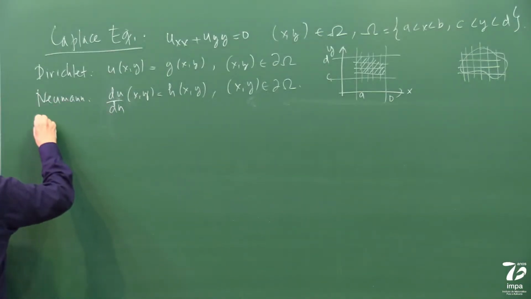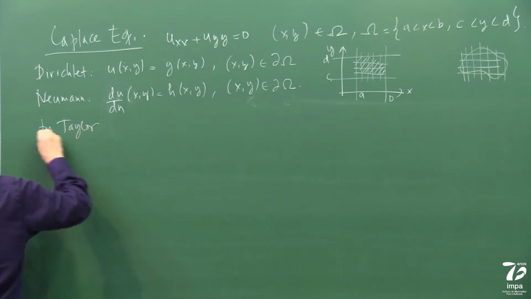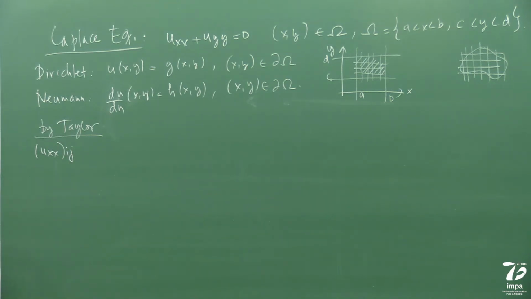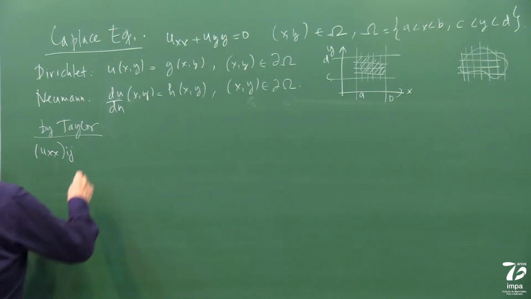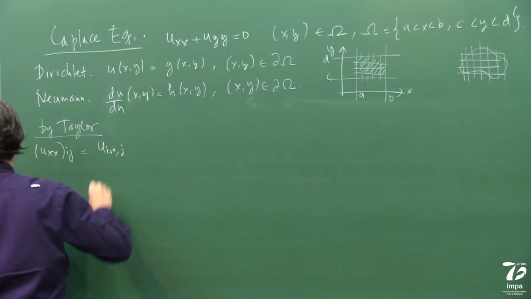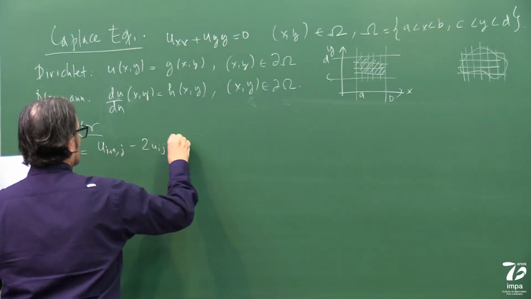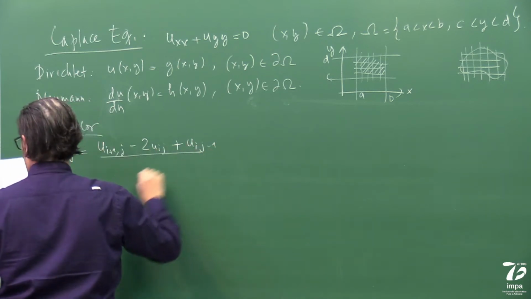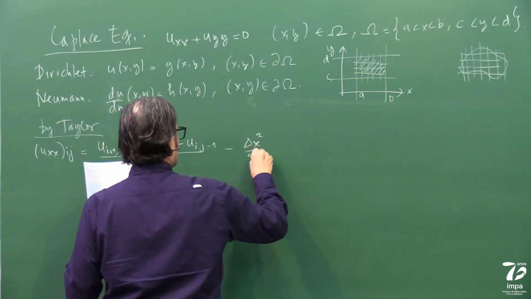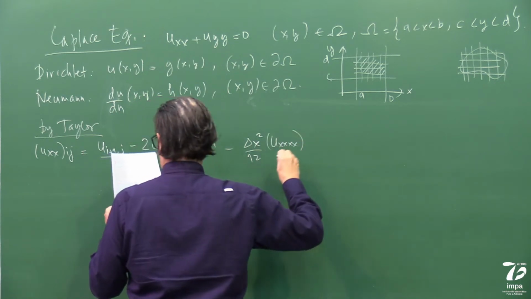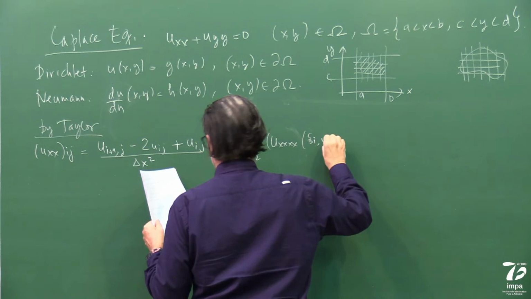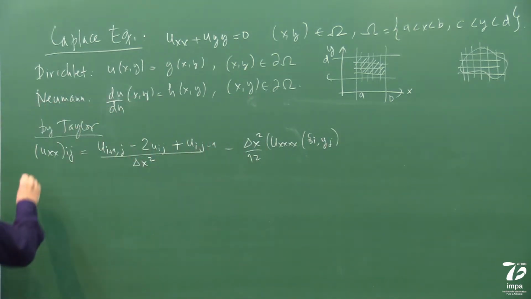So by Taylor, we have that u_xx, the second derivative, we use symmetries and so on, we have the centered difference: u(i+1,j) minus 2u(i,j) plus u(i-1,j), over delta x squared. I have this, and for the other one,